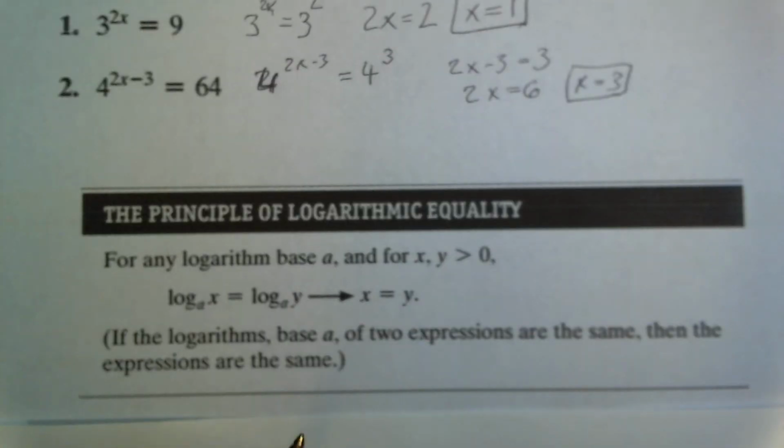So here's the principle of logarithmic equality: for any logarithm base a and for x and y greater than 0, the log base a of x equals the log base a of y implies x equals y. In other words, if the logarithms base a of two expressions are the same, then the expressions, meaning x and y, are the same. So let's apply this to a guided solution example here,